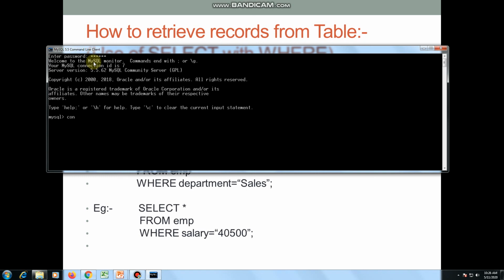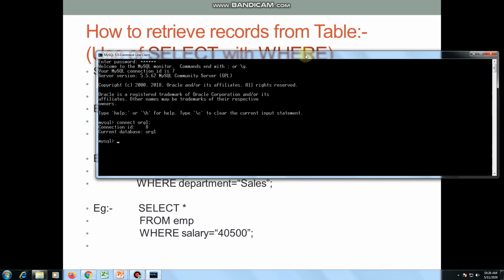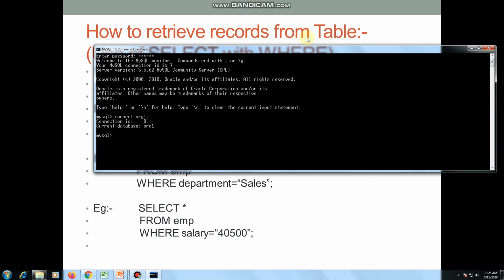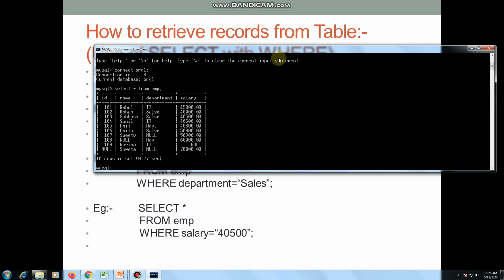First of all, I need to connect to my database, named org1, and then I can use select with the where clause. Since we have a table called employee, first I would like to display all the records in our table, and to do that we can use select star from table name, which we discussed in our previous video.